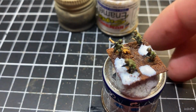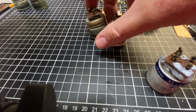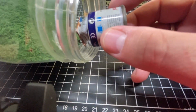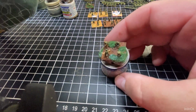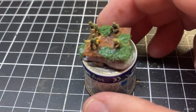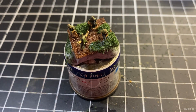And then I just get the grass. This is going to be a bit hard to show, I think, but when I have the container, I have heaps of grass, I just dip the guys into the grass. I mean, people are probably going to have a heart attack over that, but I'll just dip the guys in the grass and then bring them out and have a look at it and go, yep, that's good enough for me. So we've got a little bit on the blue tack there, but you can also just pinch it out of it